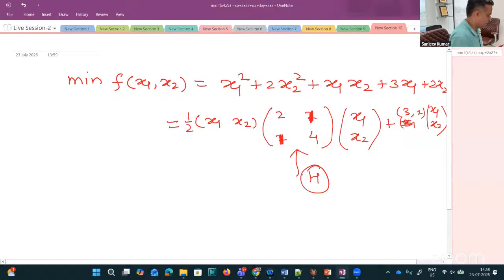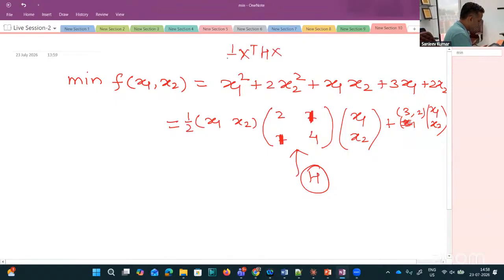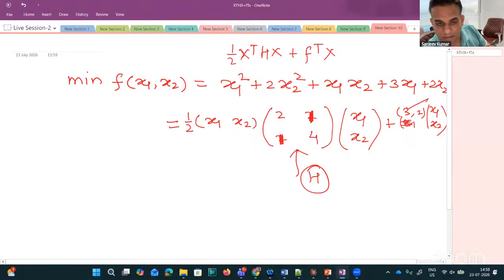So this is your matrix H, okay, which I am writing like x transpose Hx plus f transpose x. And this is your vector f. So if you multiply out the matrices, you will get the same objective function. So now I am having x, I am having f,